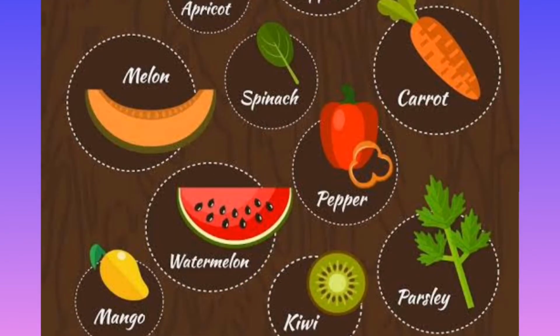Take a lot of different colored fruits and vegetables, and the dark green ones are the best. If you go to the market, the store, the grocery, and the original color of the fruit is green, of course the one that is dark green will be more beneficial than the one that is light green. The dark green one still retains the beneficial components of that fruit. So dark green lettuce, of course, is more beneficial than light green lettuce. So take fresh fruits and vegetables, feed on cereals, take iron rich foods, take